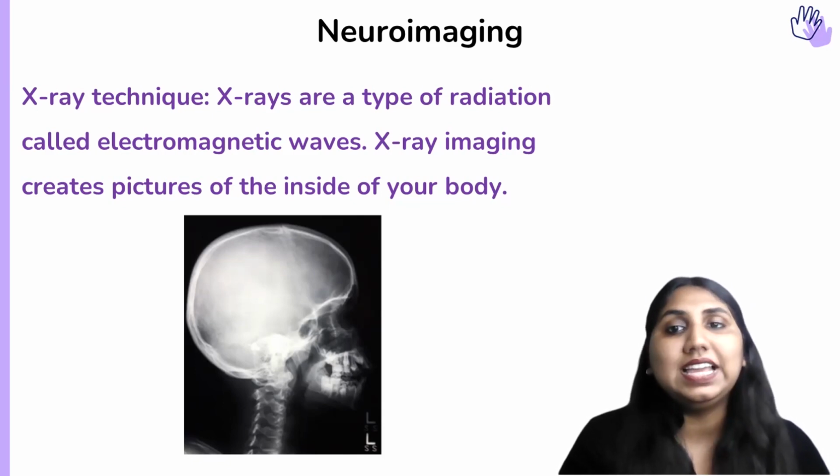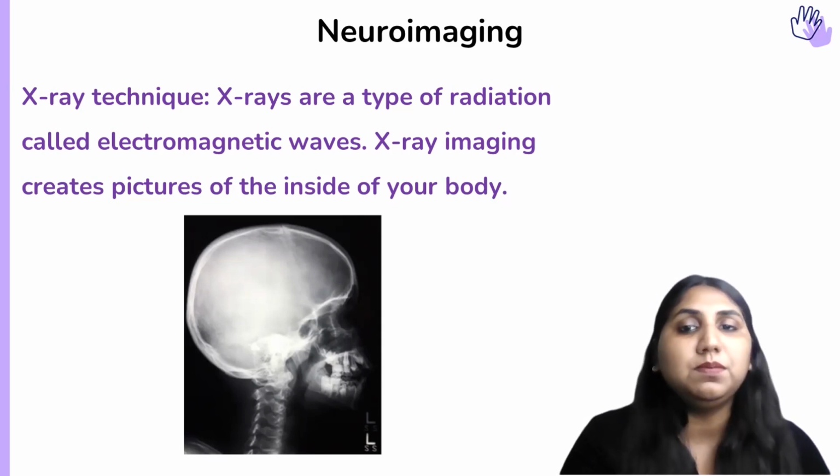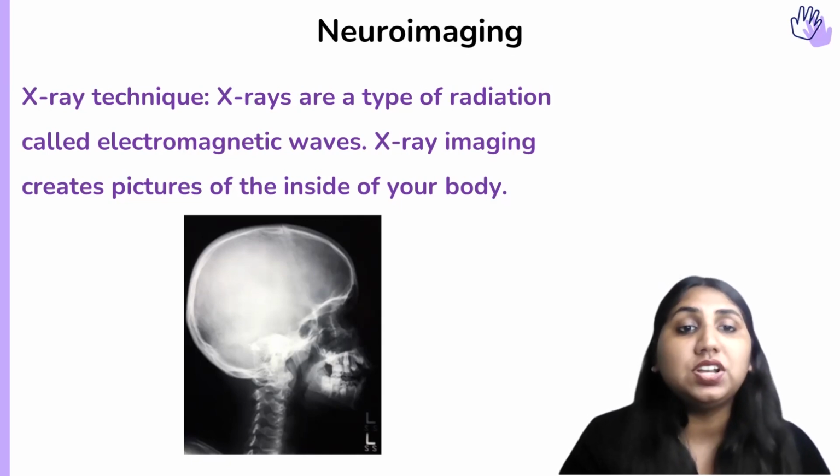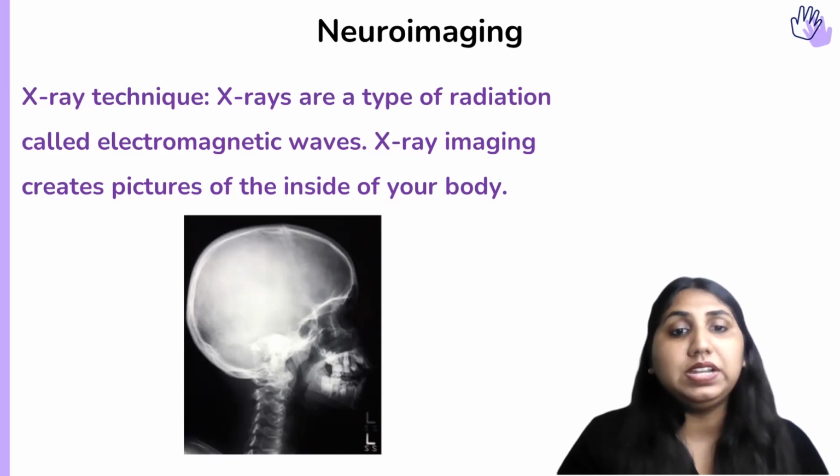The conventional X-ray, the earlier, traditional X-ray, did not help us in understanding the neural activity of a patient, but it only provided us with the structural aspect. We know that there are a lot of techniques that are used, but X-ray still sticks by a simple formula of giving you an image of the brain, or whatever part. It is a type of radiation. X-rays are a type of radiation called electromagnetic waves, and X-ray imaging creates pictures of the inside of your body. Whatever is visible right now, we can see the individual's brain, the spine, the neck,